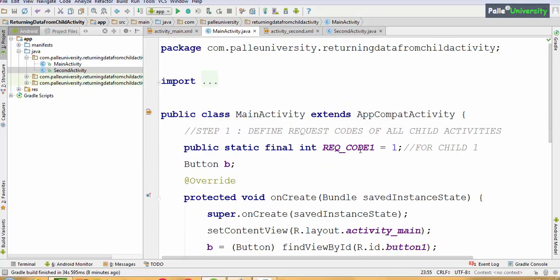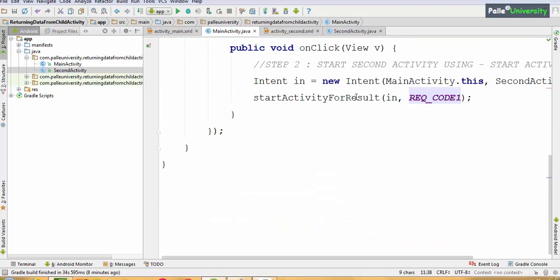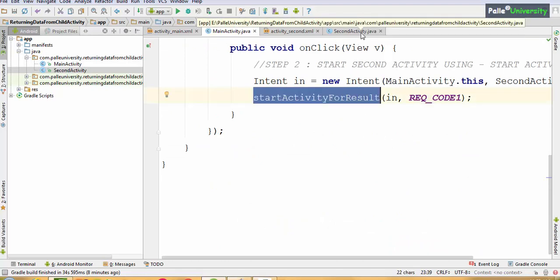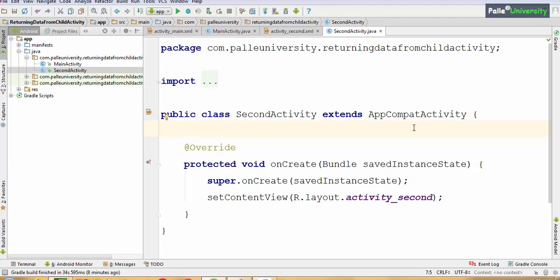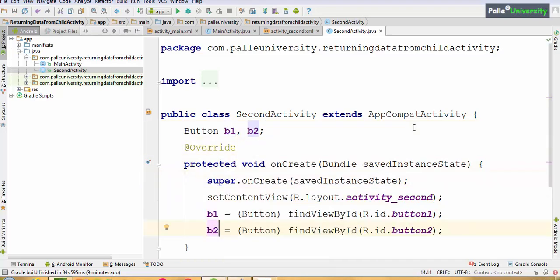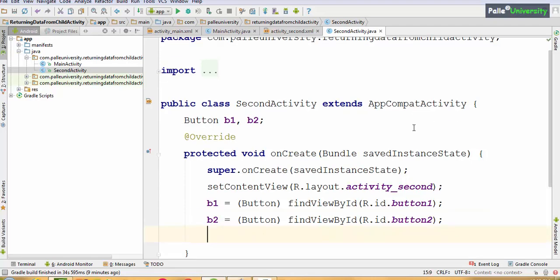In the first step we have defined the request code for the child screen. Then we are using start activity for result. Now we will go to the second activity, that is the child activity. Since the child activity contains two buttons, first we have to declare button variables, button b1 and b2, and then initialize the button variables. Then implement button click listeners.